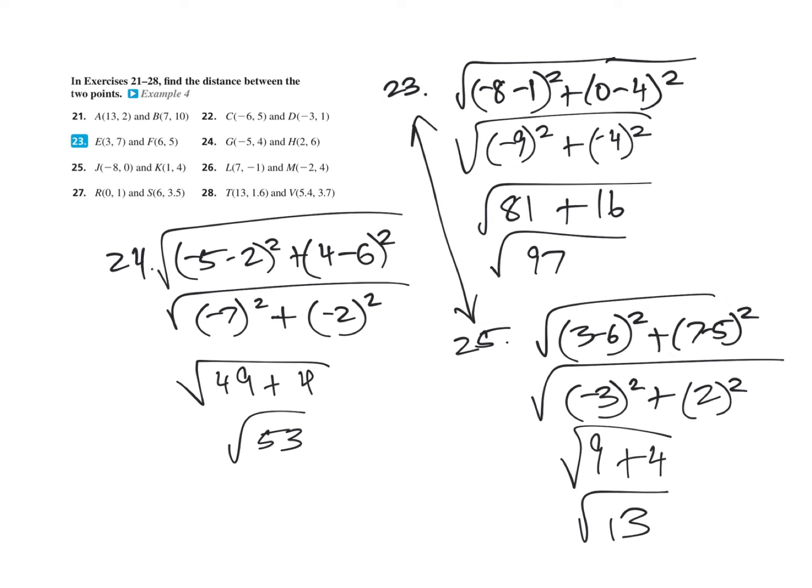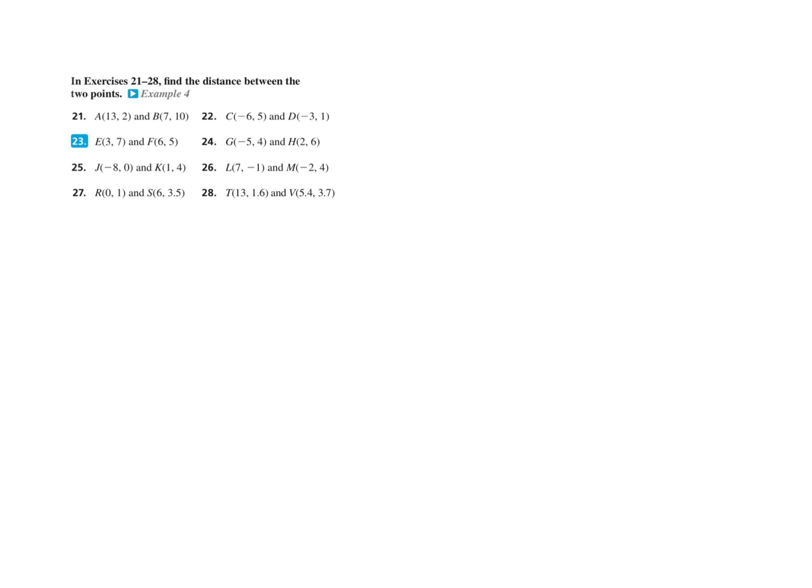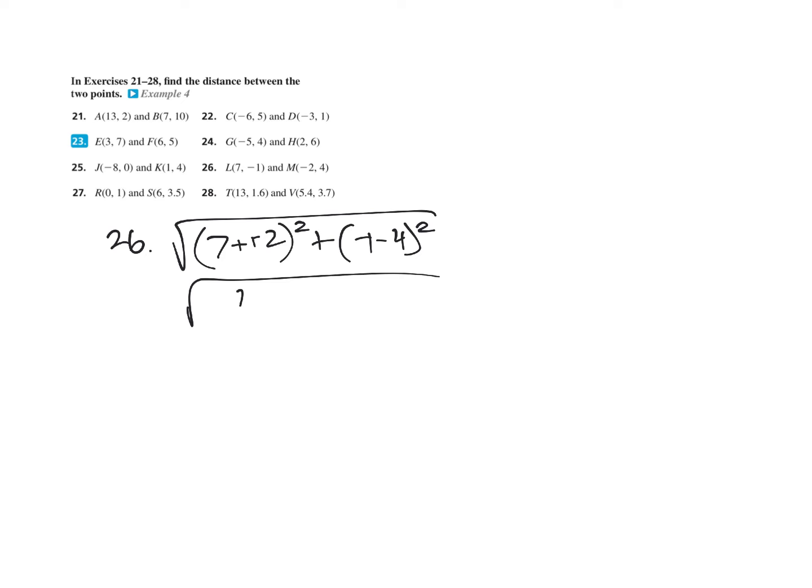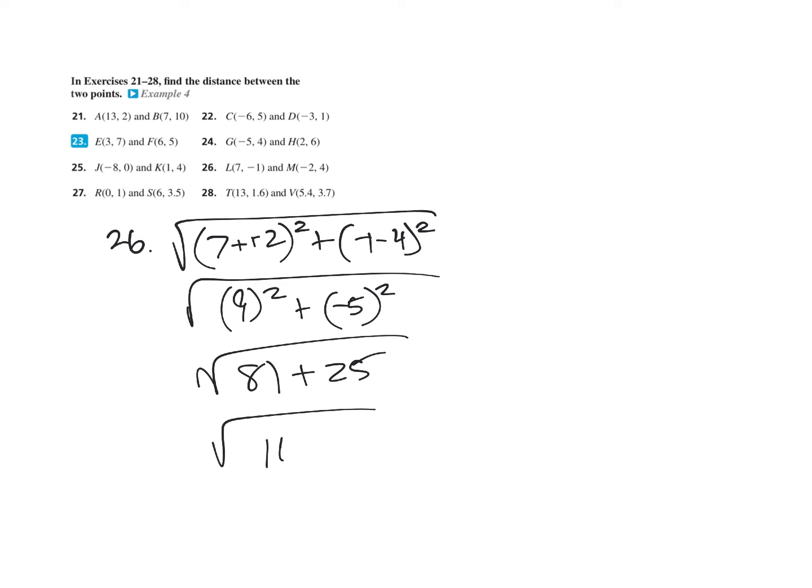25 is the square root of 97. And 24 is square root of 53. All right, let's get rid of that and go to number 26. 26. 7 minus a negative 2. And negative 1 minus 4. So change, that's 9. That's a negative 5. 81 plus 25, 106. Okay, 27